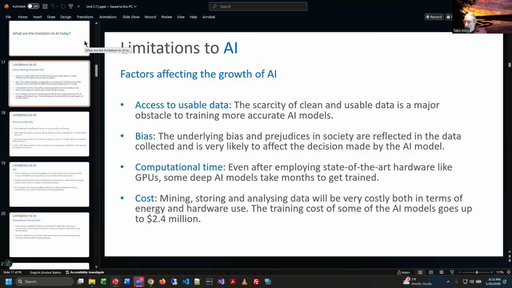Things that affect the growth of AI include data, because if I don't have data, I can't train my AI to learn and figure things out. If we don't have data, we can't train AI models. One thing you're going to learn in these courses is that a lot of AI models, at least initially, were trained on public facing data. And we know the value of good information on the internet. The public facing stuff isn't all good. So that leads to biases, so that we have a problem.